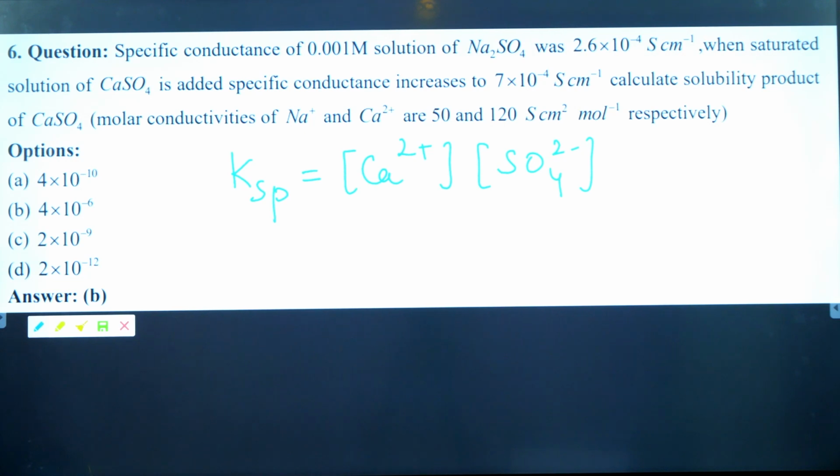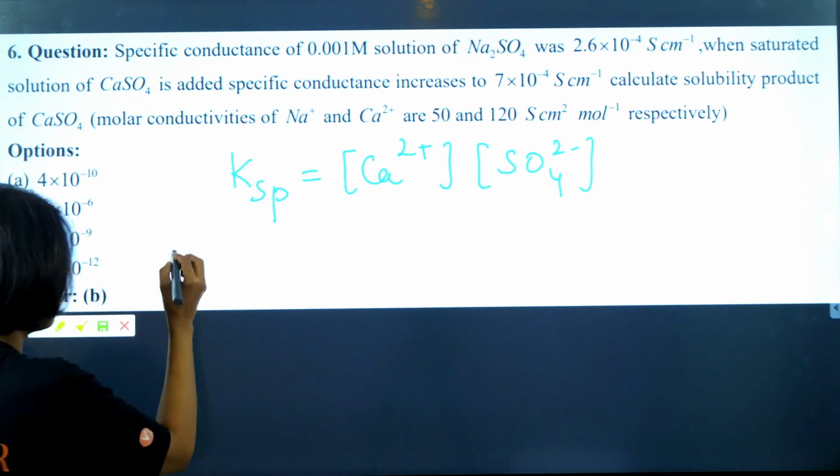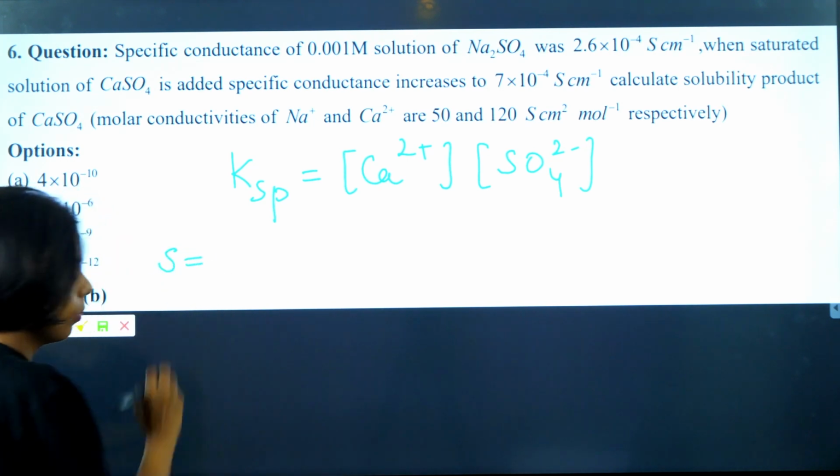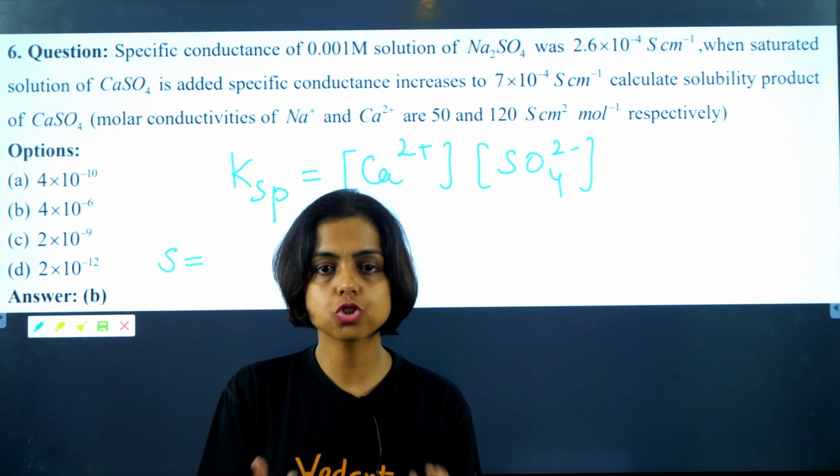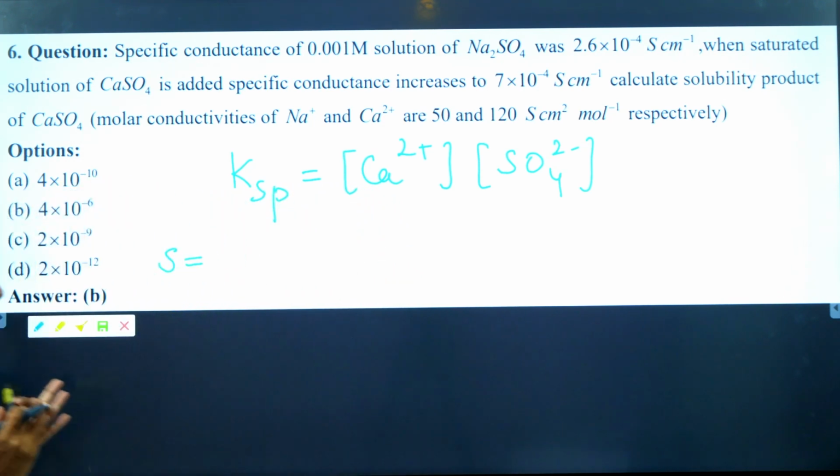Both are required. Now to get calcium ion concentration and sulfate ion concentration, we will do the entire drama. One formula that I know is the solubility, that is how much it is dissolved. The solubility of calcium sulfate in the solution is